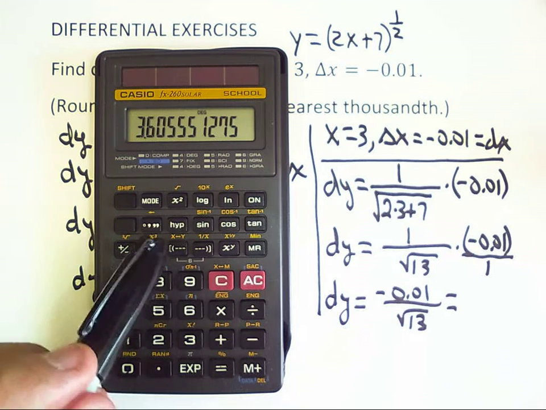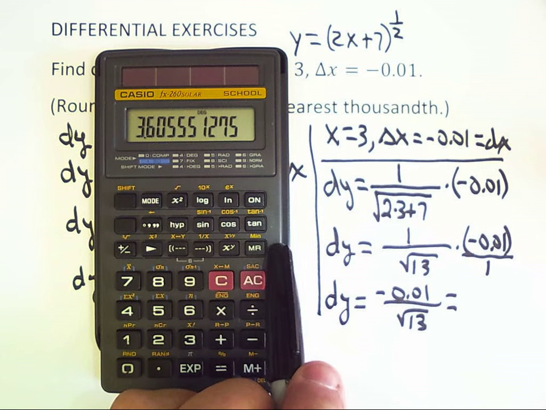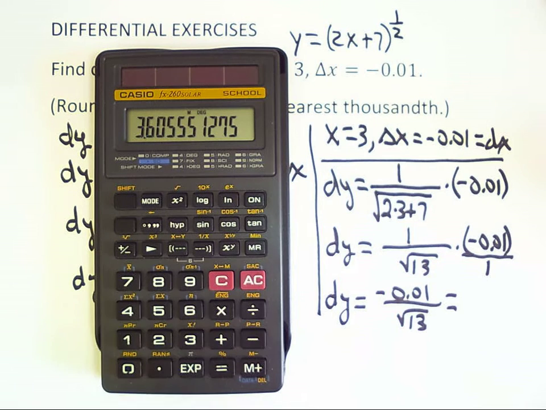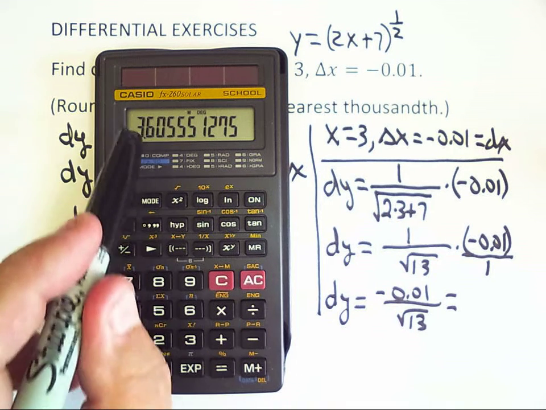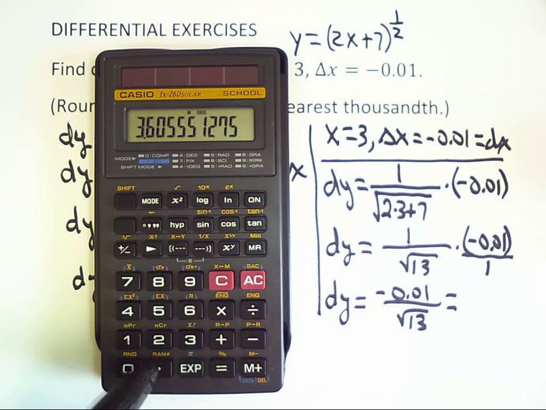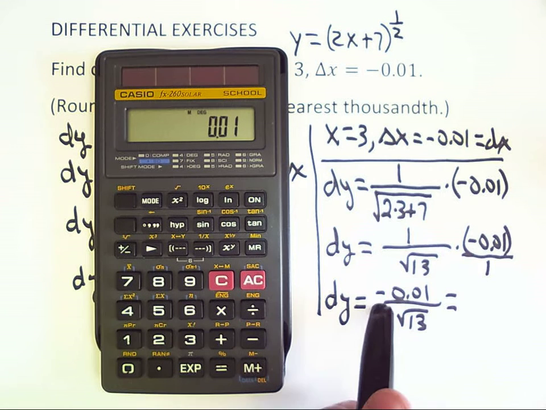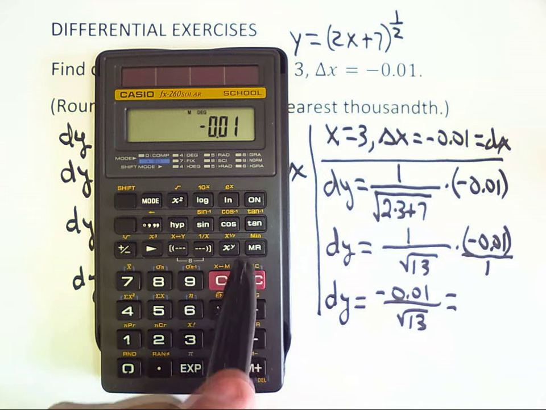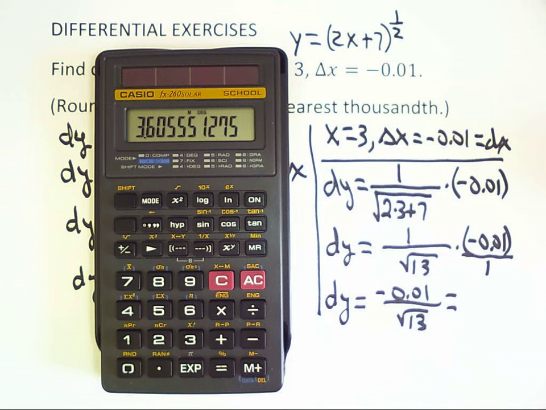There are different ways you can do this, but to store this with this calculator, there's an M-plus that's a shift over the MR. So if I do shift MR, I've stored that in memory. You notice a little M comes up telling you I've stored it. So now I can take the numerator and divide it by the denominator, but I'll have to recall it. So I put in 0.01. Remember, you can't put in a negative number directly, and you hit the plus minus key to change it to a negative. Then you divide by that quantity I just stored. Well, the MR retrieves the number I calculated earlier from memory. So if I hit MR, that square root of 13 comes back out,